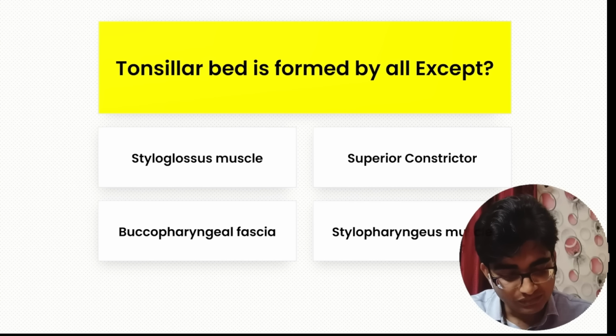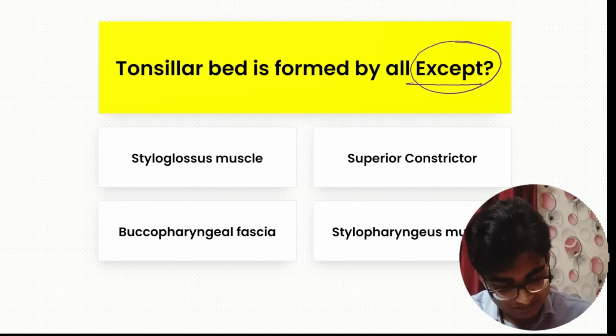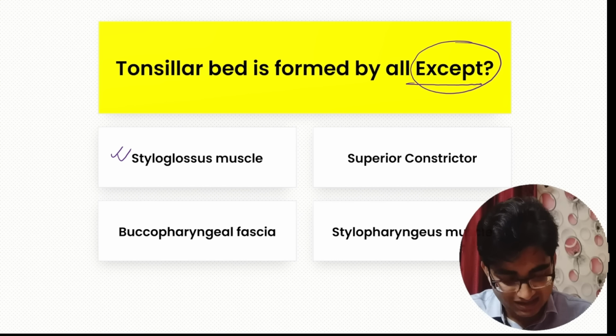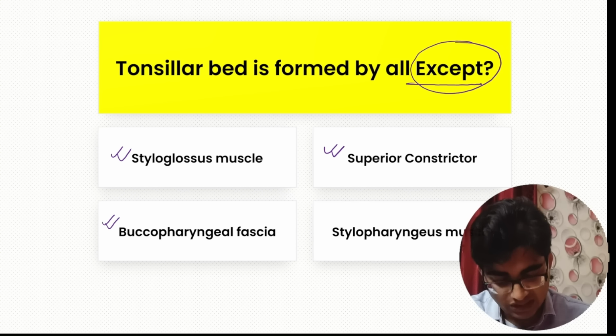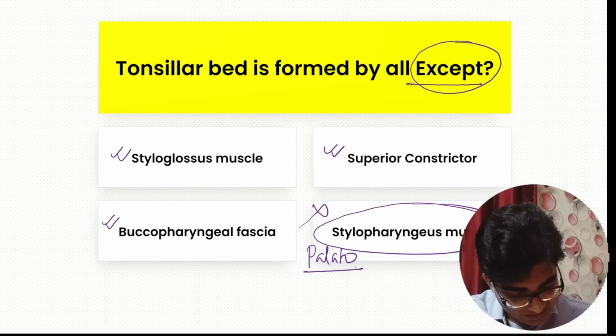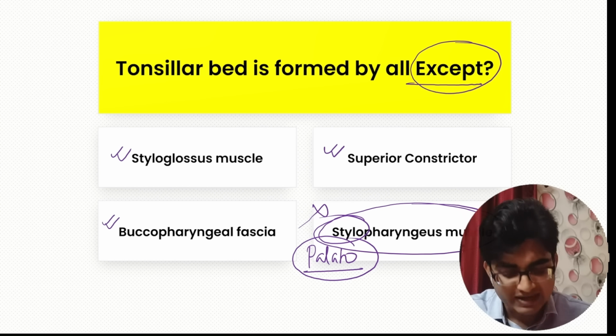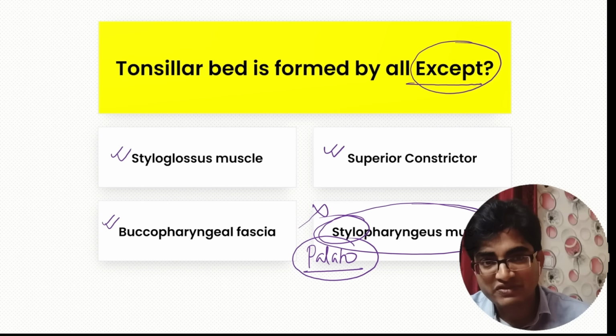Next, tonsillar bed is formed by all except, there is an except in the question. Styloglossus muscle, yes, obviously styloglossus is there. Secondly, superior constrictor muscle, no doubt in that. Buccopharyngeal fascia, again no doubt in that. Stylopharyngeus muscle, yes, it is not there. It is the palatopharyngeus muscle, not stylopharyngeus, correct? So obviously I should have emphasized on the point of